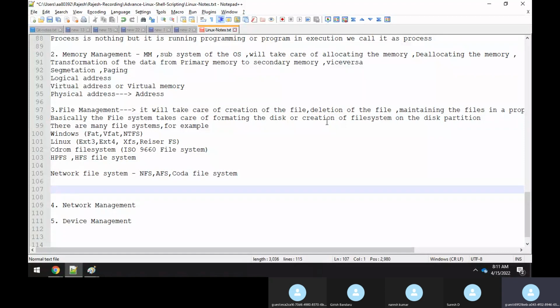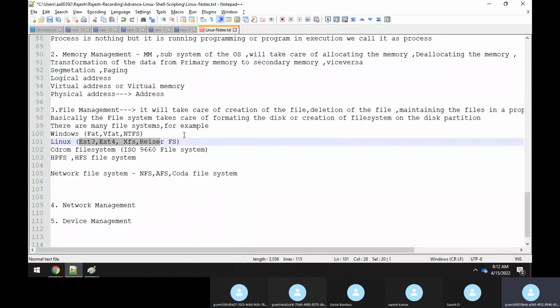Each and every file system knows how to create and maintain a file system structure, right? There is some kind of a structure where it maintains it. So in Windows, we have file systems like FAT, VFAT, NTFS. It understands how to place or keep all those files, directories, or folders in some proper or hierarchical order. That's what Windows understands. Similarly, Linux also has file systems like ext3, ext4, ReiserFS, XFS. So it also understands the same.